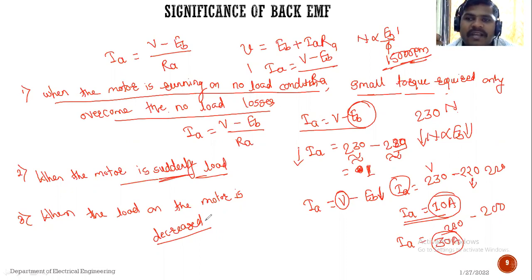So the third one significance depends upon the second one. If you have understood the second one, then you will easily understand the third one. And the first one significance is that the motor will be running on no load condition. Okay,